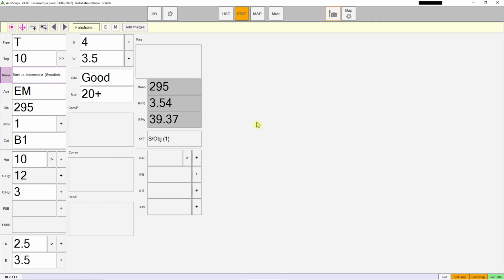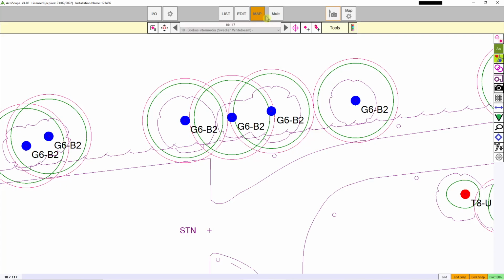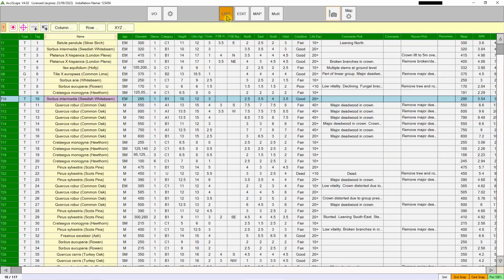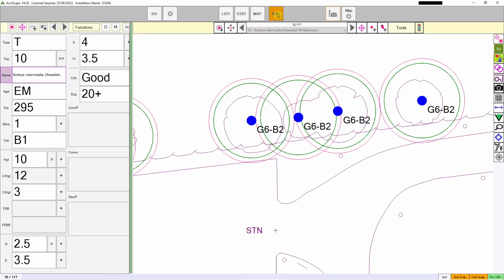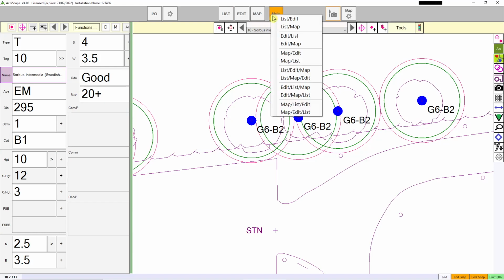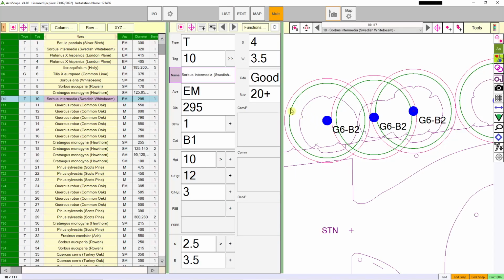And if you're in the field doing data collection, then this is the one you'll be using to enter data in, because with a finger on a small screen, it's a lot easier to hit these buttons and change data. And then the map screen, of course, is the same. You've also got a multiple button here. You would normally only use this in the office, so you're using a desktop or a laptop, and you can show multiple screens. If I show them all, list, edit, map, side by side,